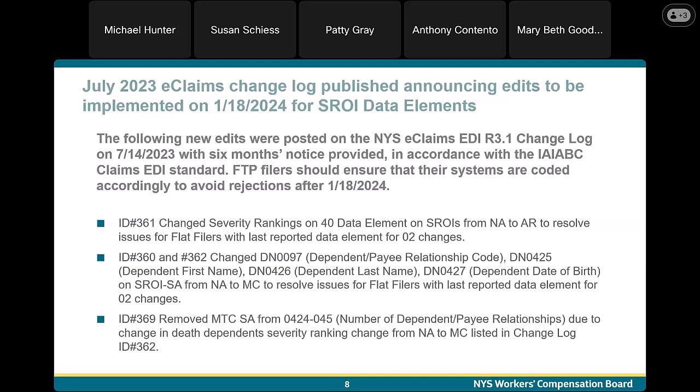And we also, on line item 369, removed MTC SA from 0424-045, which is the number of dependent payee relationships, due to change in death dependent severity rankings from NA to MC, listed in a previous changelog item number 362.